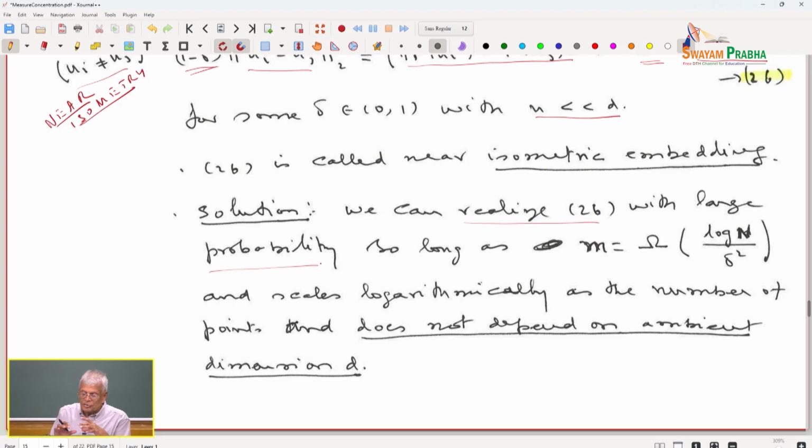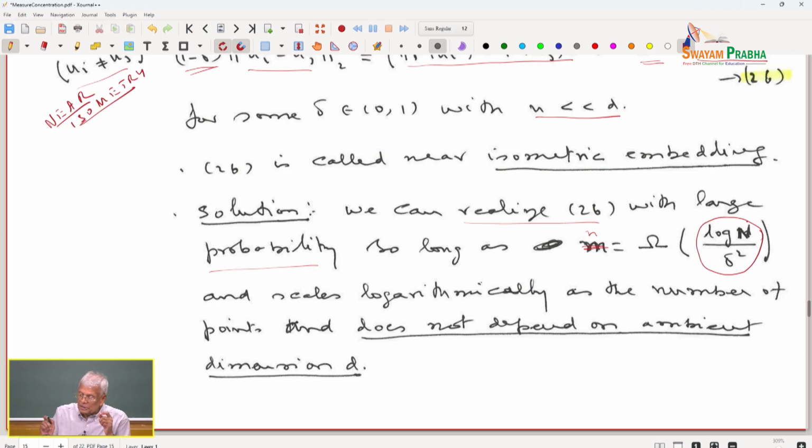That's an important distinction you want to make. We want to show that this dimension n is lower bounded. So as long as the dimension of the space receiving the data is bounded below by log of n divided by delta square, delta is a small number,